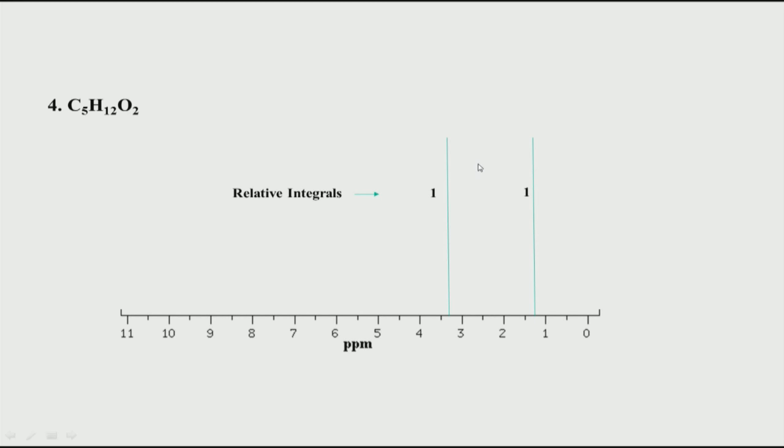Now, there is a very interesting situation here. Look at this case, this is C6H12O2, but here there are 12 hydrogens, but here we see only 1 and 1. So, if you add them up, it is only 2 hydrogens. So, how can that be? Remember, that is why it is very important, the word written here is relative integrals. Relative integrals means it is relative to each other, they are equal. It does not tell you the number of hydrogens.